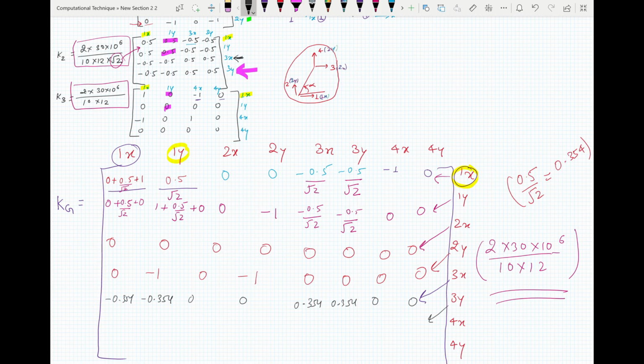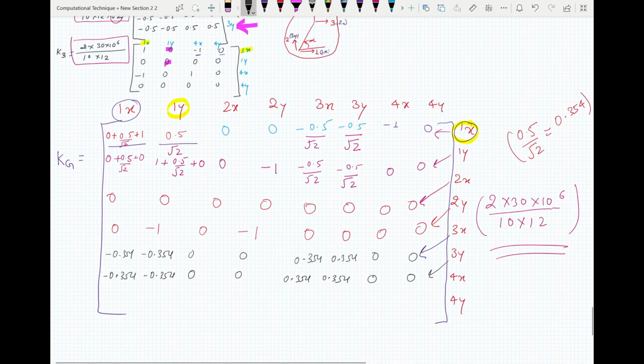So it will be minus 0.354, minus 0.354, and then 0, 0, and then 0.354, 0.354, and then 0, 0. Now for 4x,